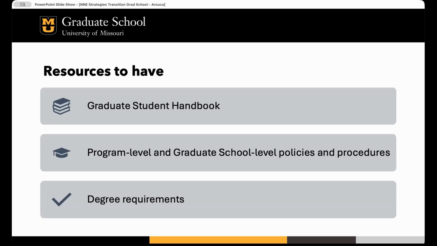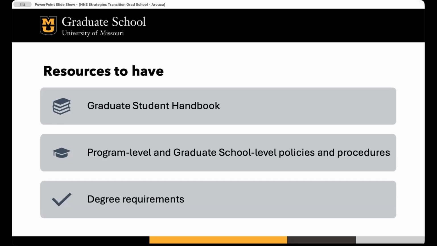Then the other things are really your degree requirements. You see some of that in the policies and procedures, but understand and have a talk about what the specific degree requirements are in your program, and how that may impact your journey. For example, for counseling psychology, they'll have a one year internship. So understand when you are going to do that and what is required of you in terms of paperwork at the institution, because it's very specific for that degree requirement for you to attain that degree.